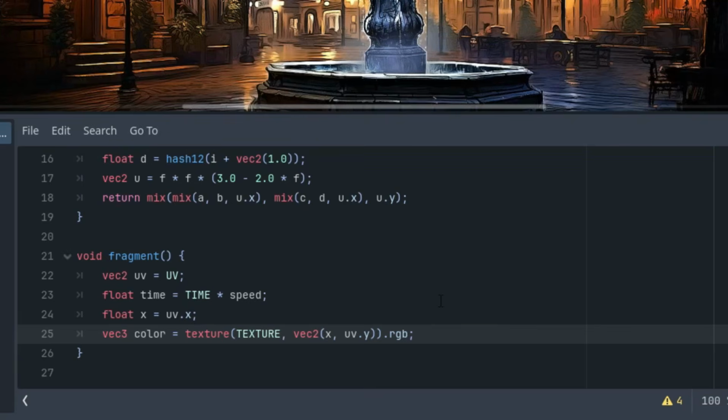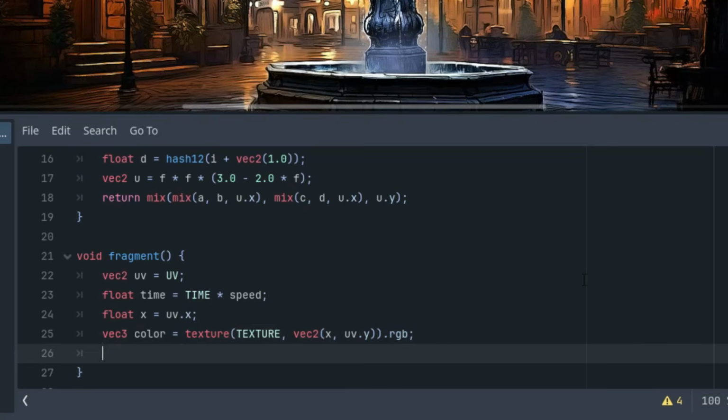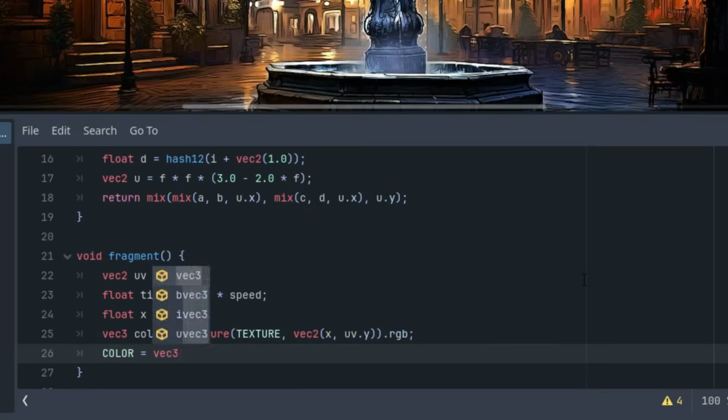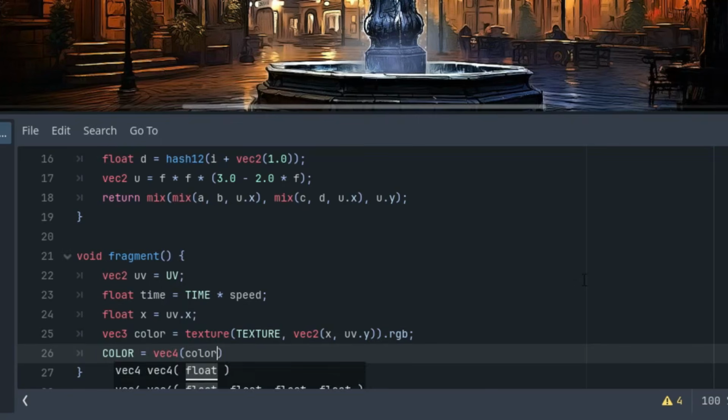And finally we'll need to assign the resulting color to the color variable, which is the output of the fragment function. So color equals vector4 for color, first three components, and 1 for the alpha channel. Okay, of course, for now we won't see any change because the x-coordinate